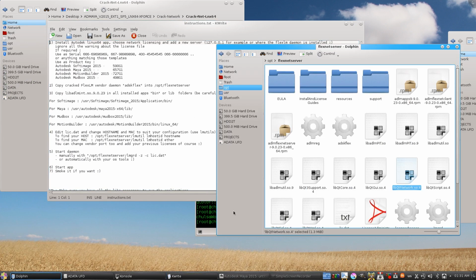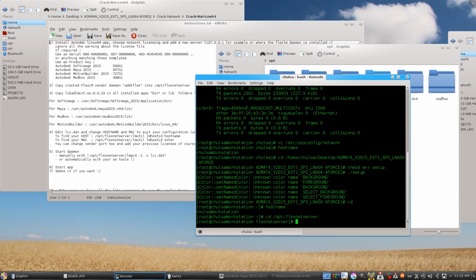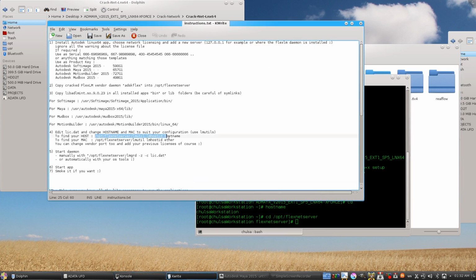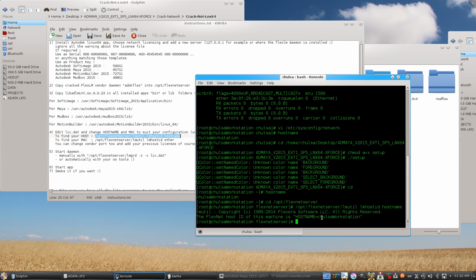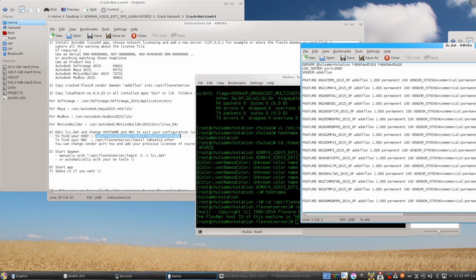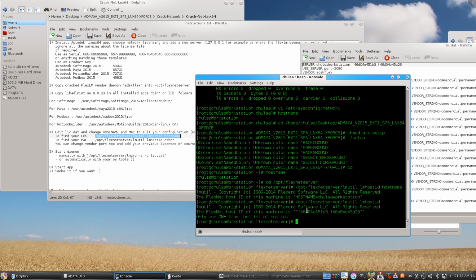So all you have to do is cd, and then you come to /opt/flexnet server, you drag and drop it, and then you just copy and paste this, and press enter. You will see the host name of this machine is this one. So you copy the name and replace it here, and then you ask, so what about the Ethernet address of my computer? Oh, these three, you just copy them without any colon, just copy the number and paste it there